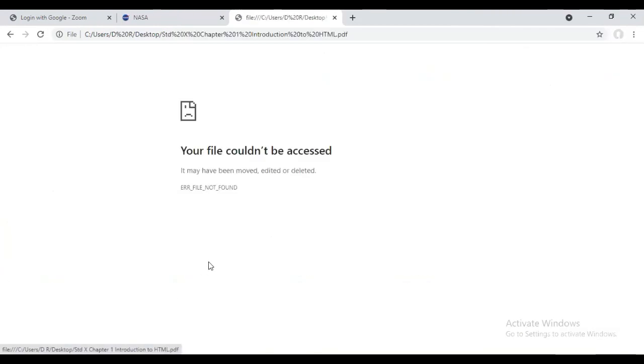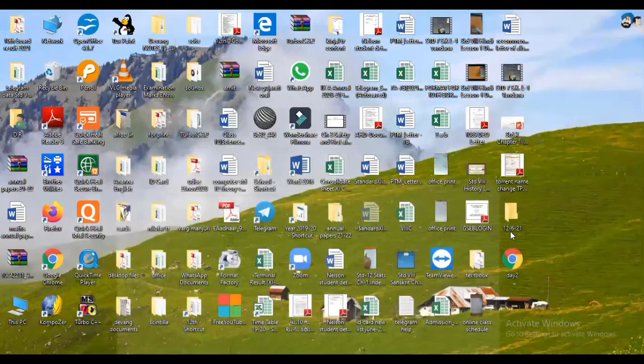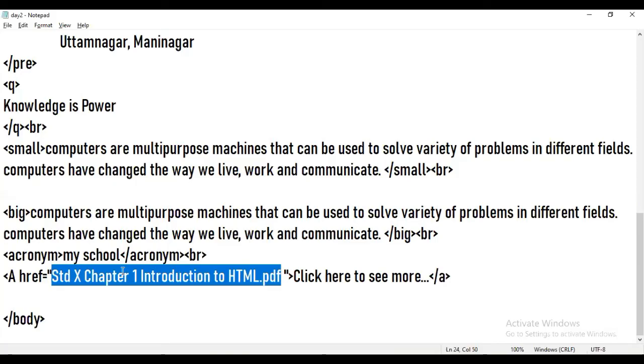Save it here and refresh, or open that file again. I have closed that file, so open it again. When I click here, it says your file couldn't be accessed. This will happen when both files are not in the same folder. So when the file is in another folder, we are supposed to give the whole location of that file, that is, in which drive, which folder, and which file name, which we did earlier for the same file.